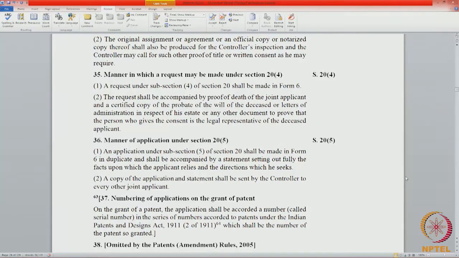Now, there are quite a lot of details in this. When you file Form 6 under section 24, there is already a death. One of the applicants has died. So, you have to produce the death certificate. That is what is called the proof of death. Proof of death is what we can get from the authorities, called the death certificate. So, proof of death has to be accompanied. That is one thing. The second thing is, there has to be a statement of how the deceased person